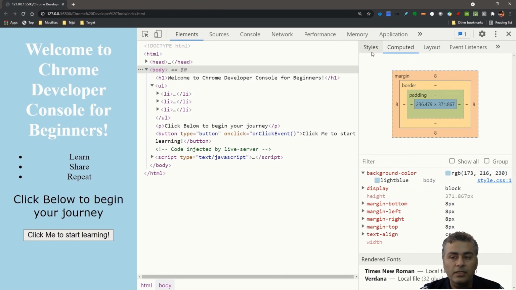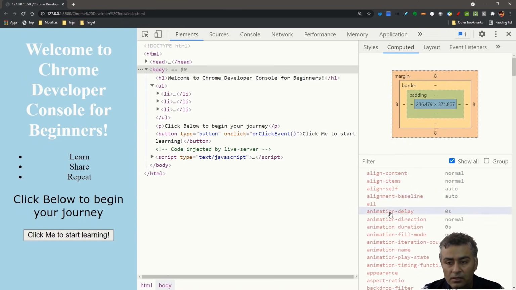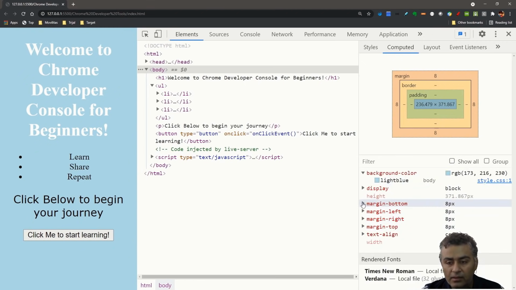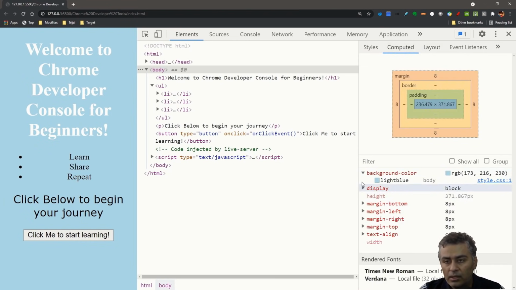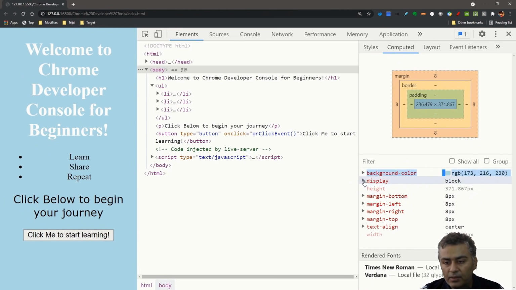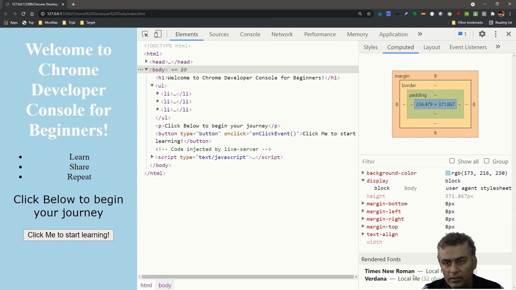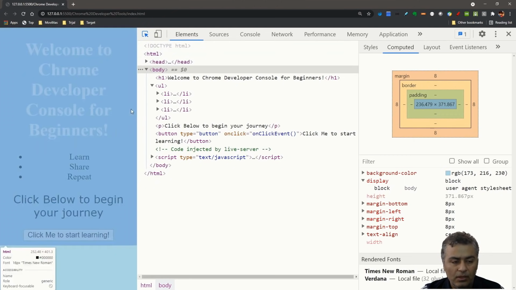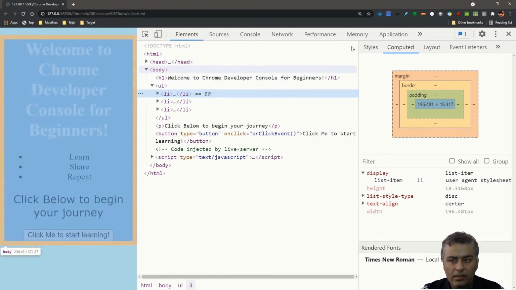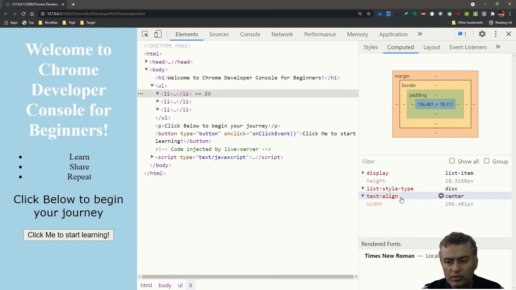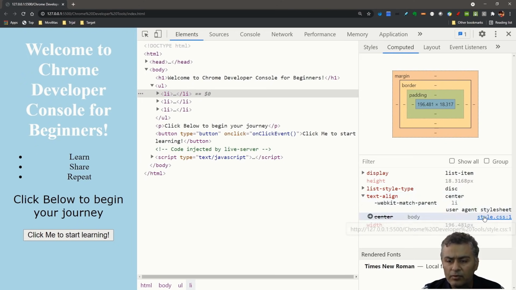Because there can be multiple style sheets they are coming from, and some are inherited. For example, if I click here, these are all inherited ones. And these are all coming from the style sheets, the basic one which is inserted. And then we also have the rendered fonts and all the details. Now, what if you want to select any of it? You click here, and let's say I want to see what is happening with learn. So learn is getting selected, which is an li, right? And the style here is only text align, which is center,